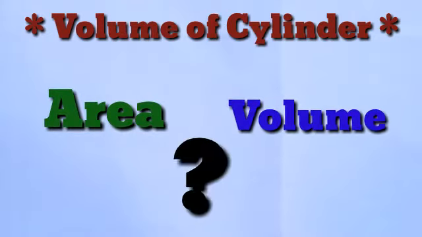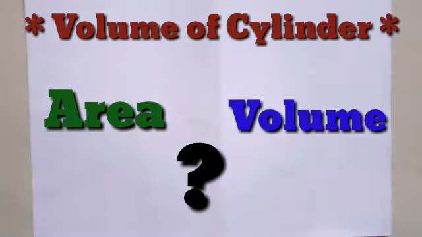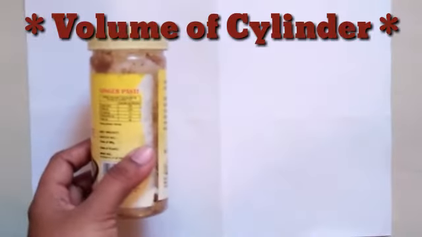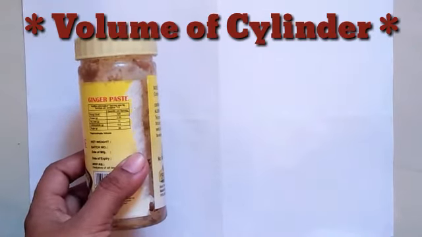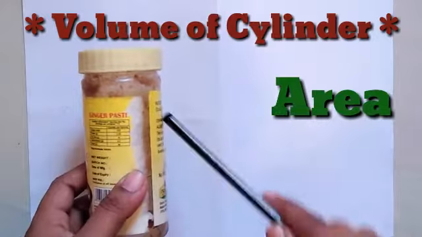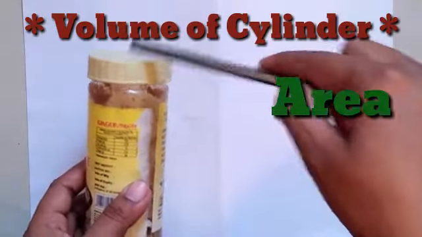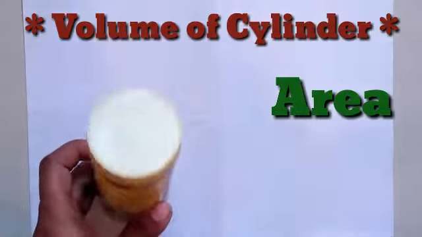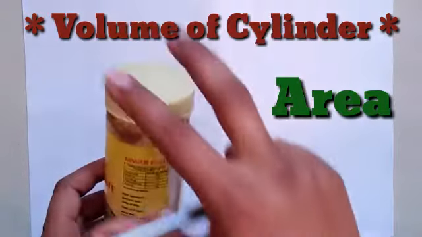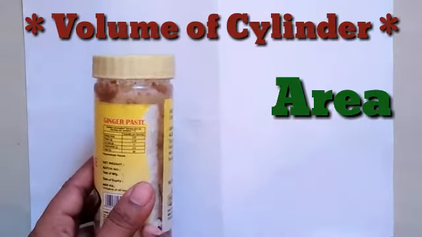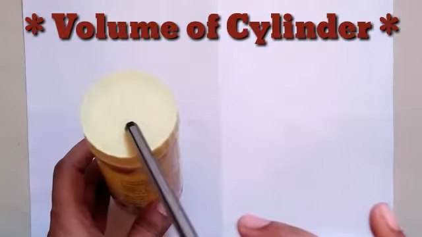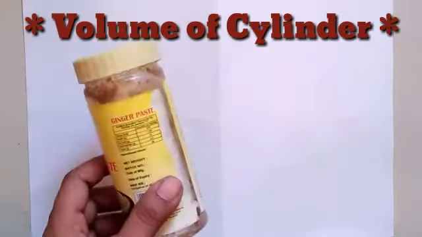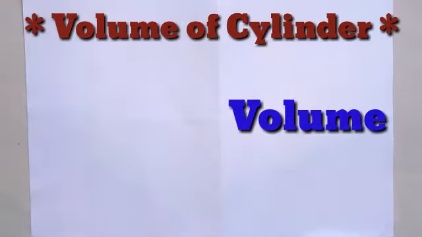But the question may come to your mind, what is the difference between the area and the volume of the cylinder? Let's understand it by one example. Suppose this is one type of container which is in circular shape, or cylinder shape. Here the area means this curved surface area and the upper and lower circular section area. So the paper or the thing which is required to cover this container is called the area. But how much water or liquid or solid thing will be included in this container is nothing but the volume.